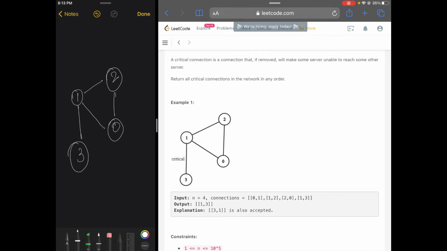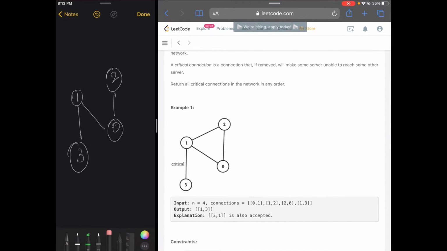A critical connection is a connection which, when removed, can divide the servers into two parts. So for example, when I remove this part, we can see we are still getting one graph, right? We are not getting two different separate graphs. So this is not a critical connection.